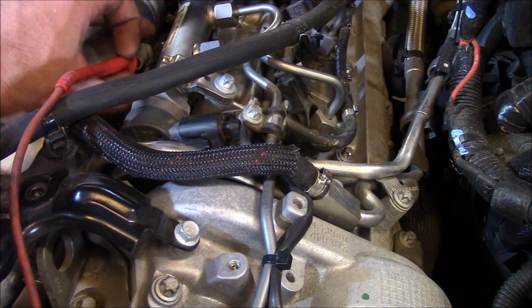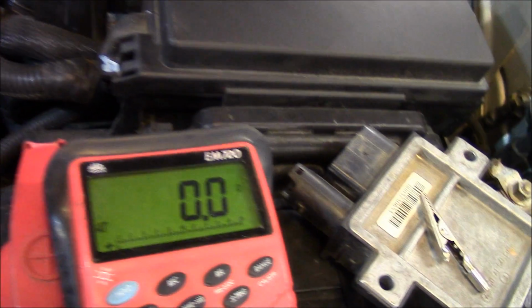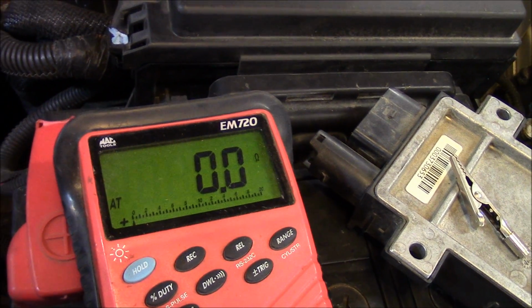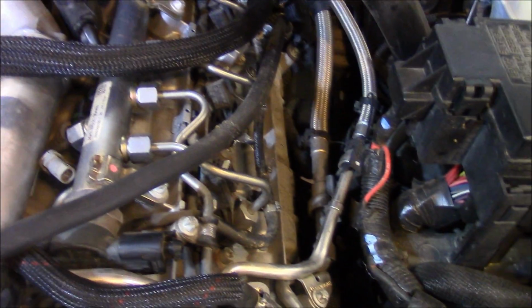Touch the wire inside that would connect to the glow plug. Your multimeter should go to 0 ohms, which means it has good connection. Now the third check. A lot of these are kind of redundant, but